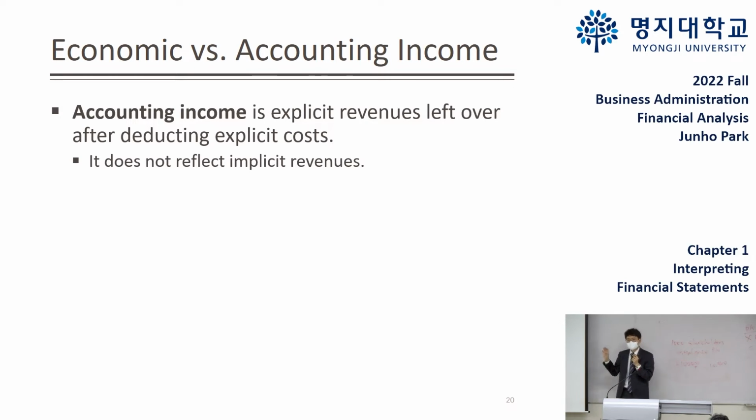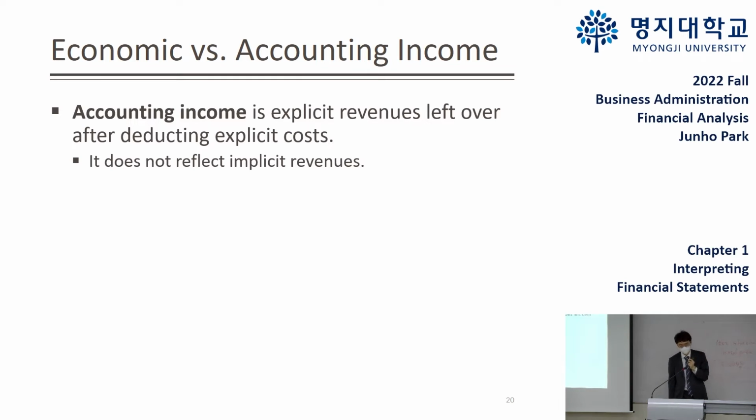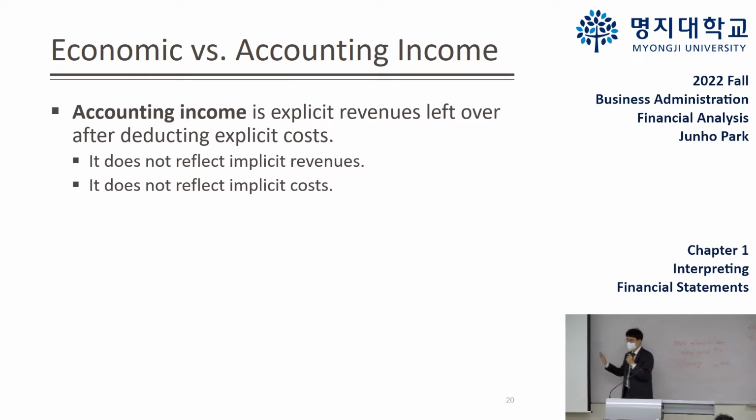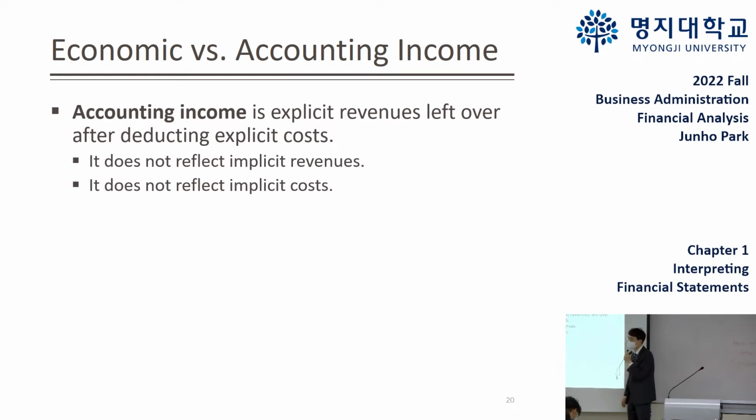Those are the implicit revenues, and we do not write them on the financial statements. And at the same time, the next thing is that following the accounting principle, we will not recognize implicit